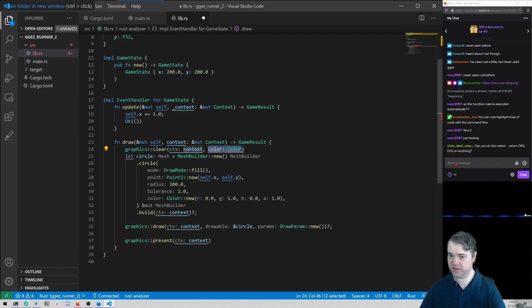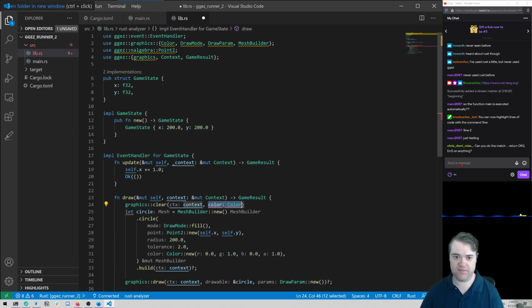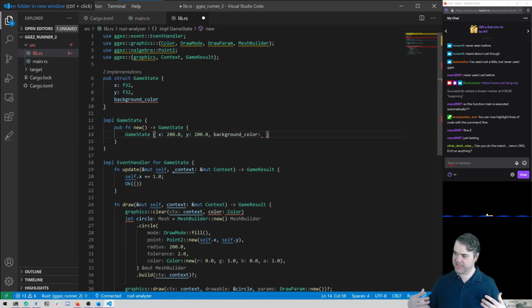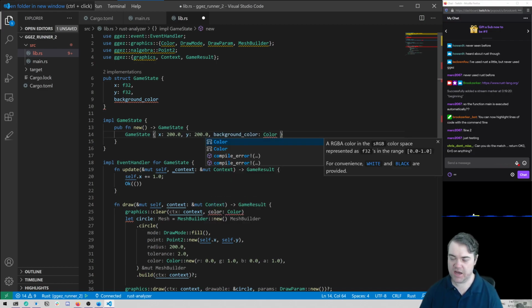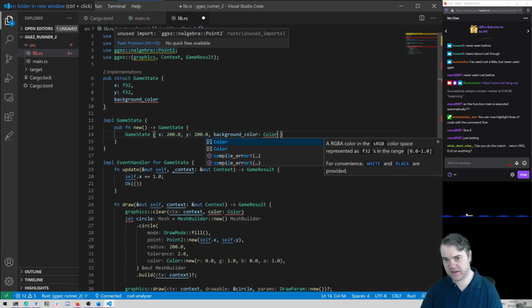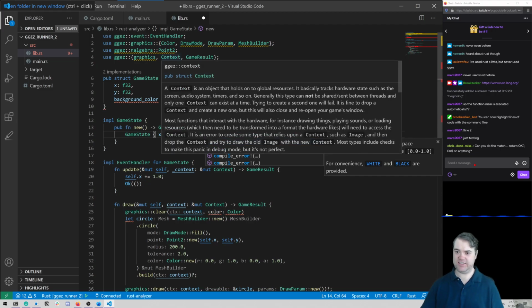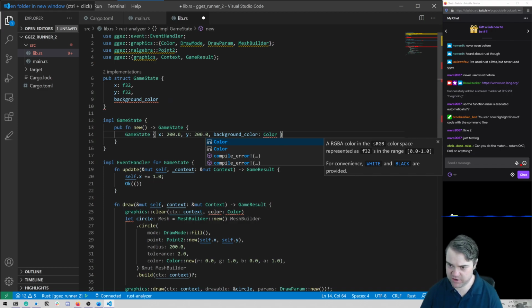So I can make it whatever color that I want. For example, we can put a background color in here and define that in here. We can make this a black, a really dark blue. Black and white are colors provided to us in graphics. They're literally the exact same thing that I could create, they're just created for us. But if I want to do color new,